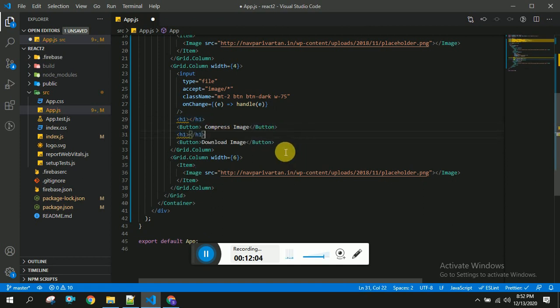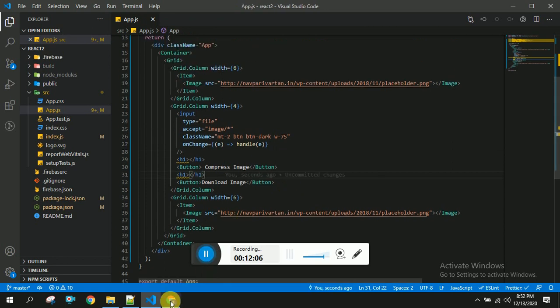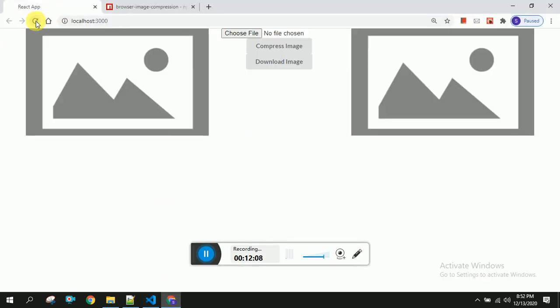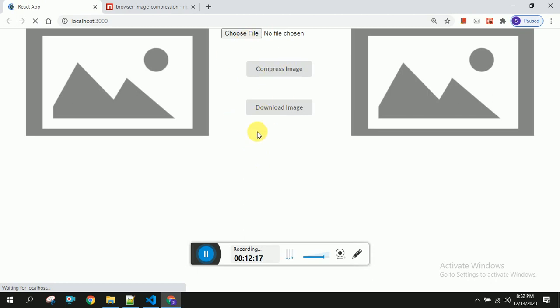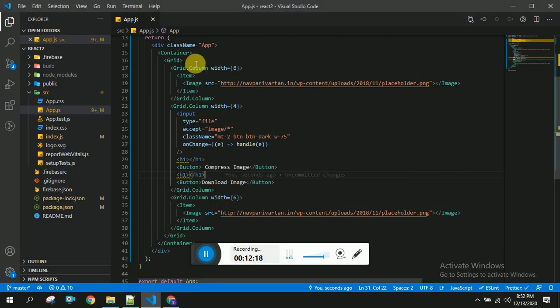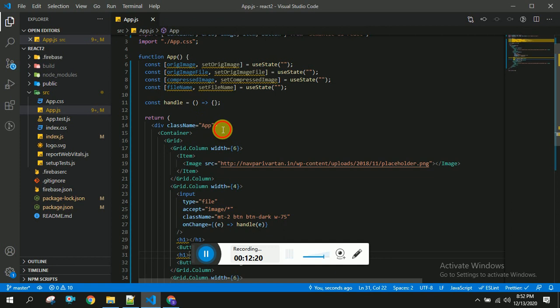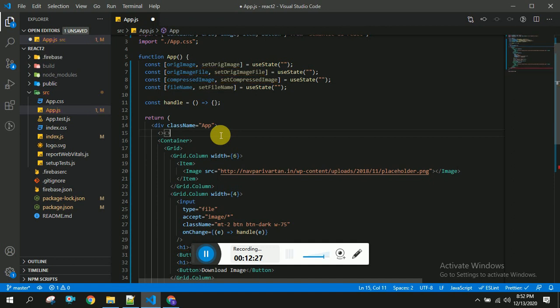Yeah, once I save this, you should be seeing some gaps between the buttons. Yeah, you can see here. Now I'm going to add some other h1 tag here. And I save this.